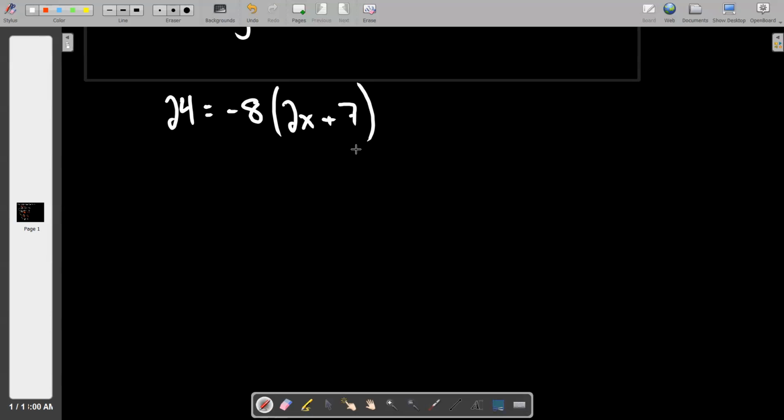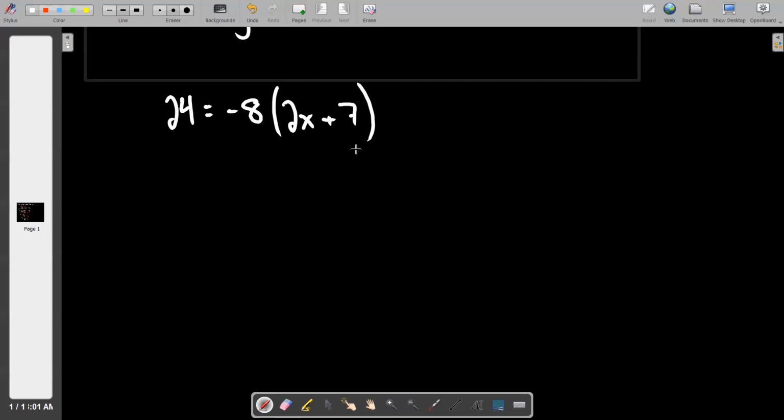And what really catches our eye here? What makes us kind of perk up and say, like, danger, danger? I'm not worried about the 2x. It's that darn -8 in front of the parentheses. And so when we do that D word distribution this time, we've got to be on our A game and remember that distributing a negative changes the signs of everything that it comes into contact with. So